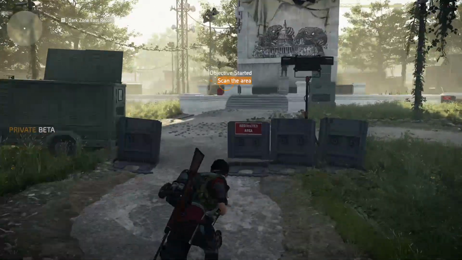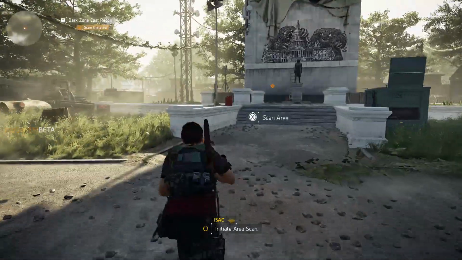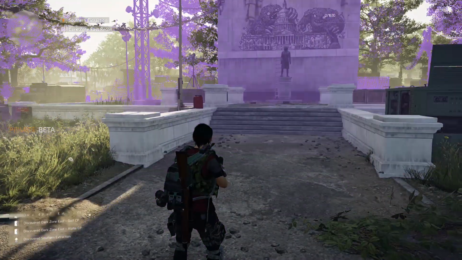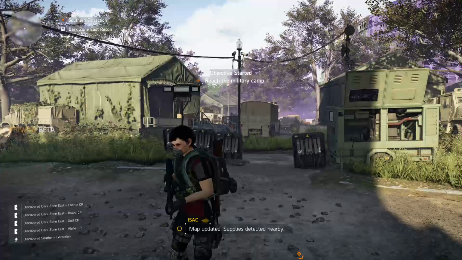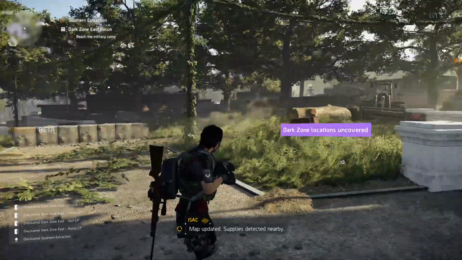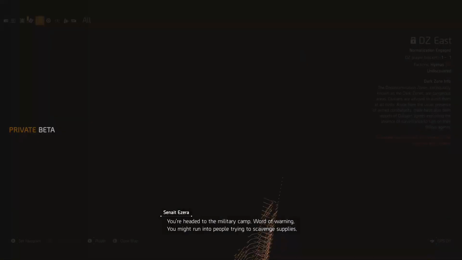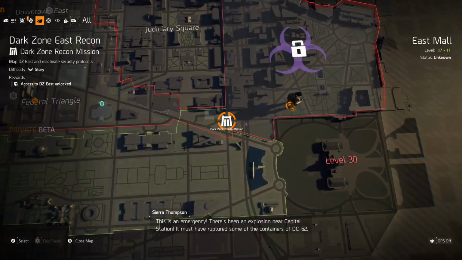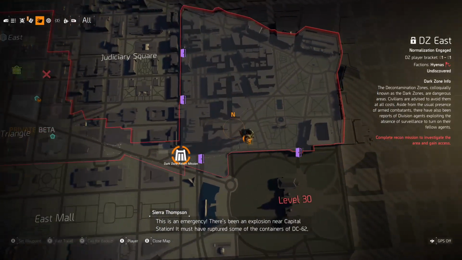Initiate battleground area scan. Map updated. Supplies detected nearby. You're headed to the military camp. Word of warning. This is an emergency. There's been an